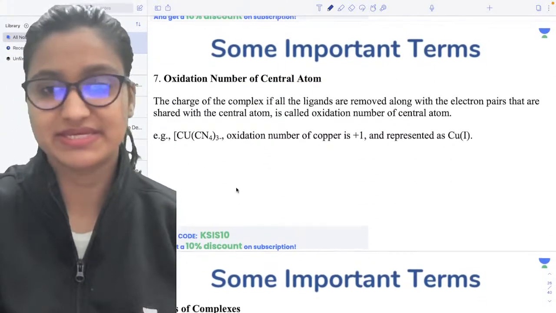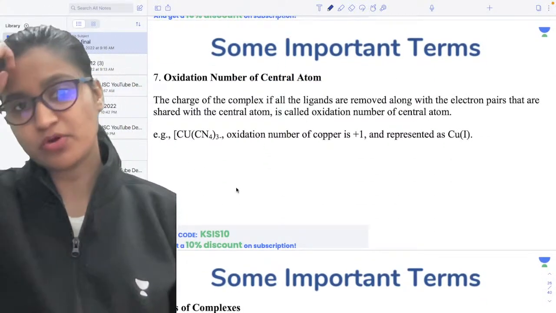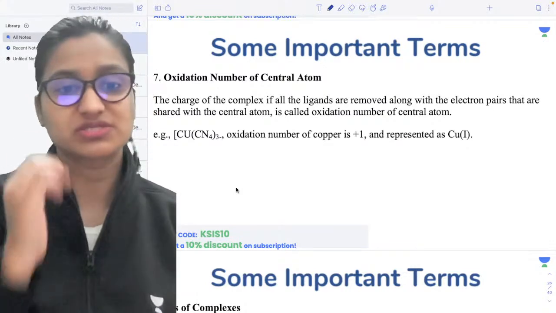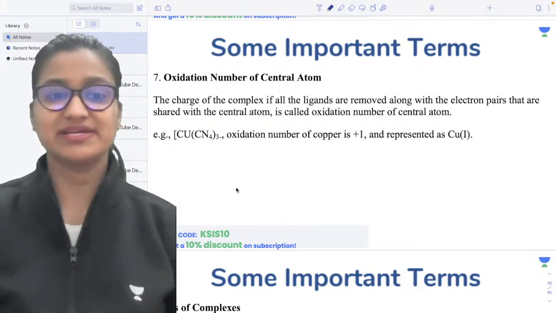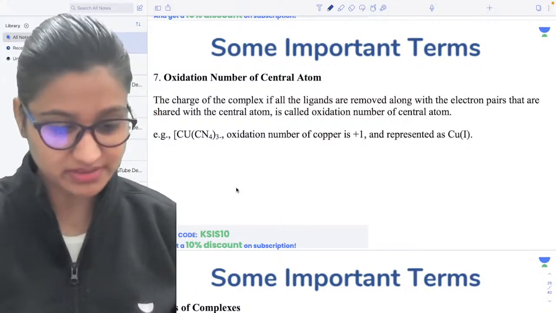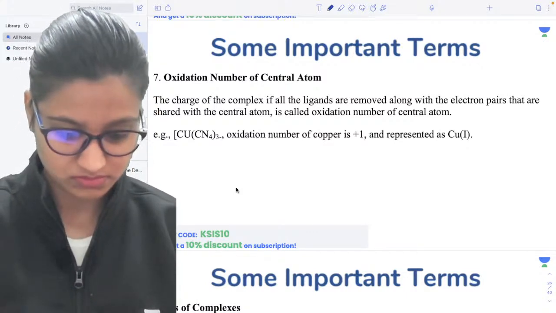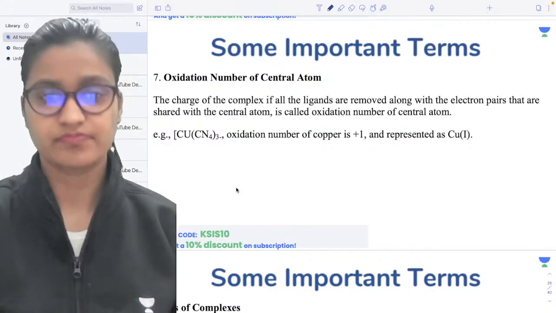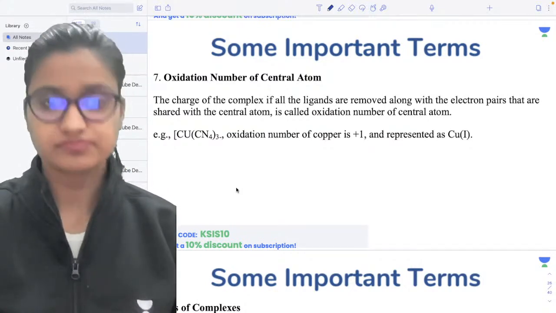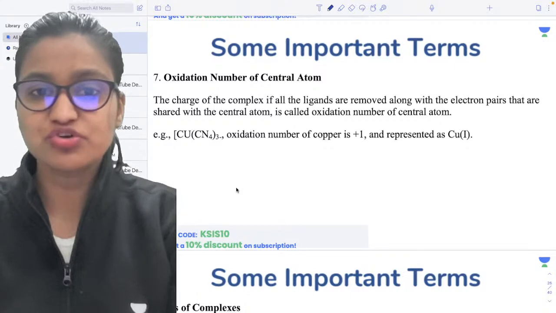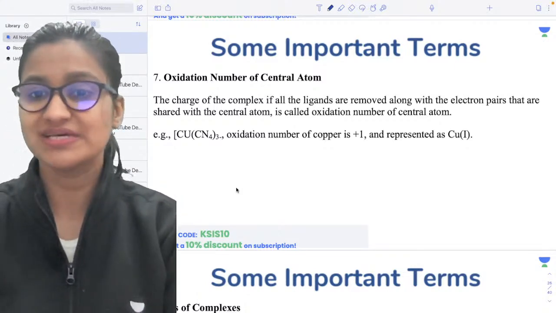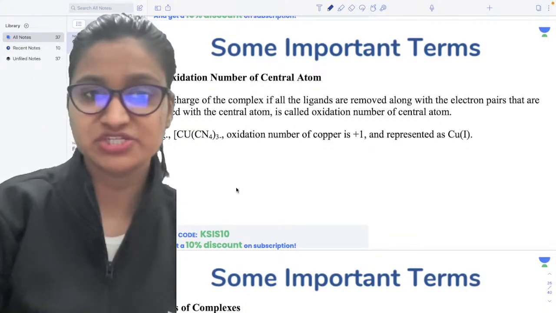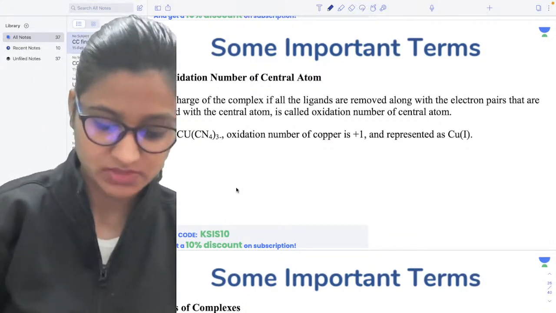So yeah, next thing, some important terms. So the next thing is oxidation number. Oxidation number, I have told you how to calculate, right? So you can see here, the charge of the complex, if all the ligands are removed along with the electron pairs that are shared with the central atom,